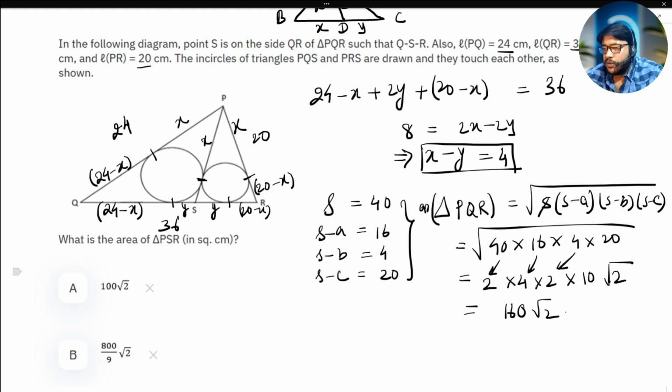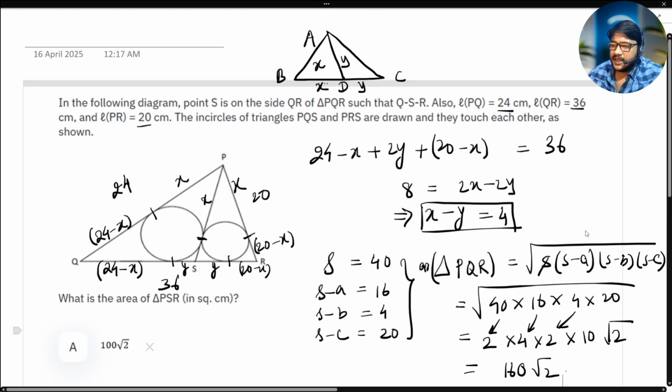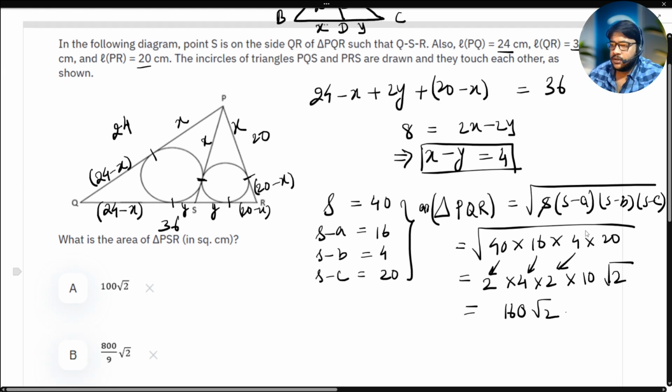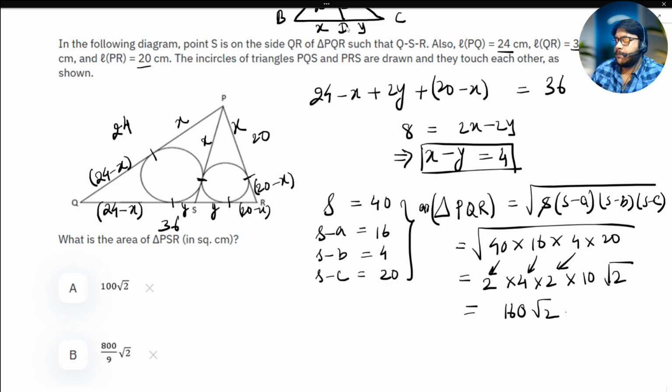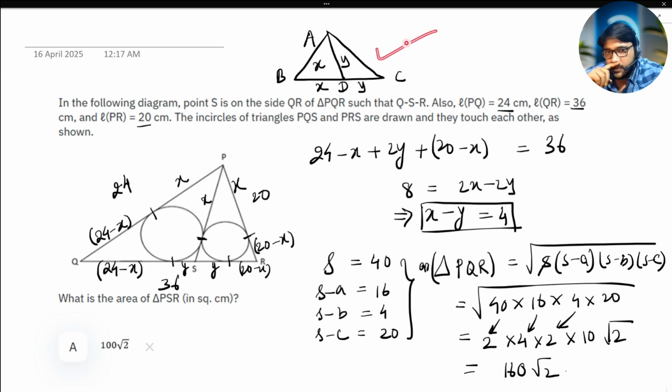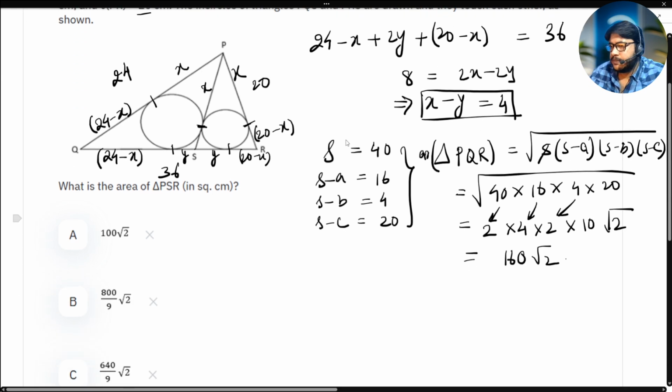Now, I know the entire triangle. If by any means I could just find out the length of one of the sides, this side or this side, I can use that idea that I just told you over here. So how do we do that? In an exam condition, this might be a little difficult, but over here you see,